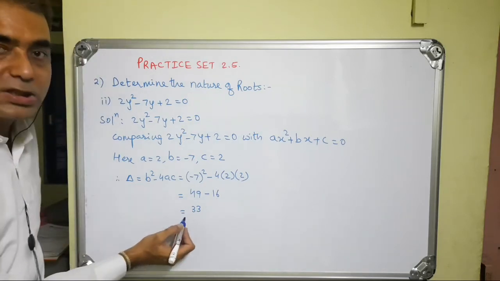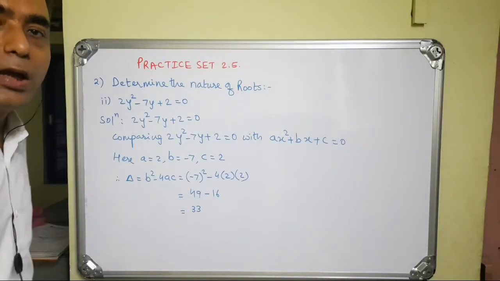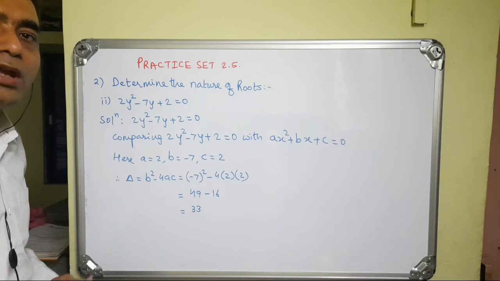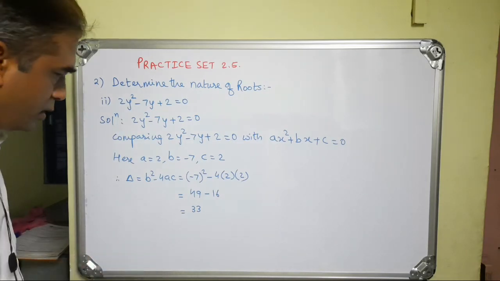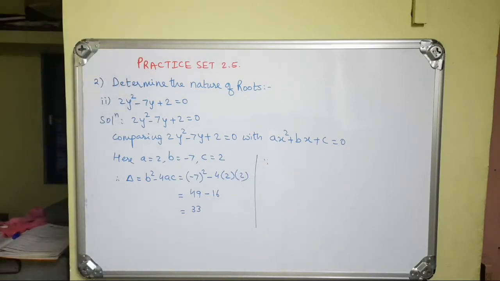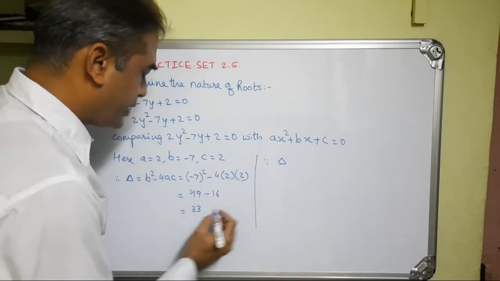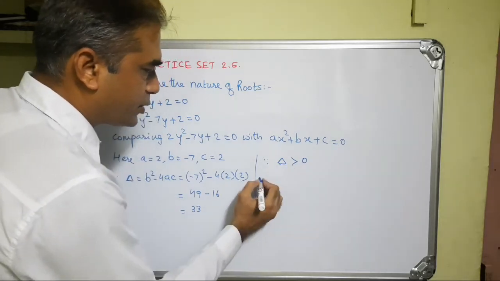Now the value of discriminant is positive, and if the value of discriminant is positive, then the roots are real and not equal, unequal. So we'll write this: delta is greater than 0, therefore